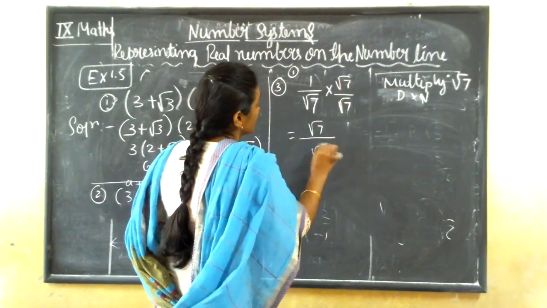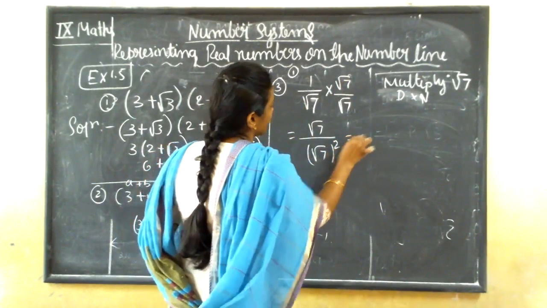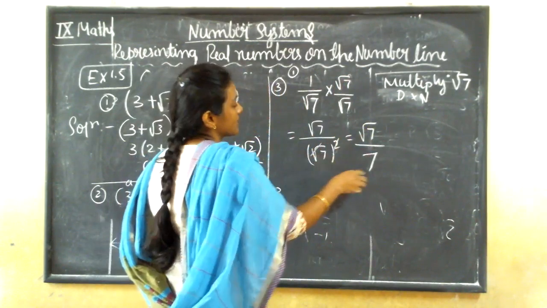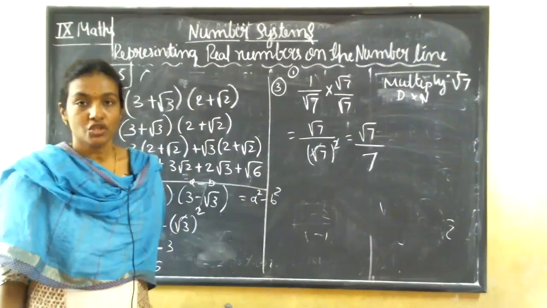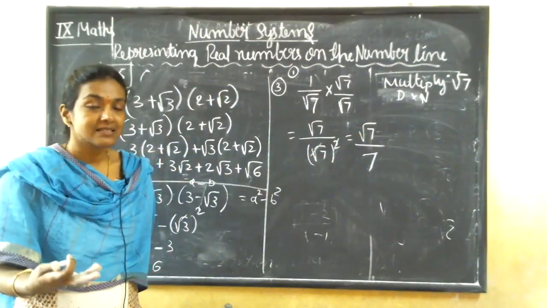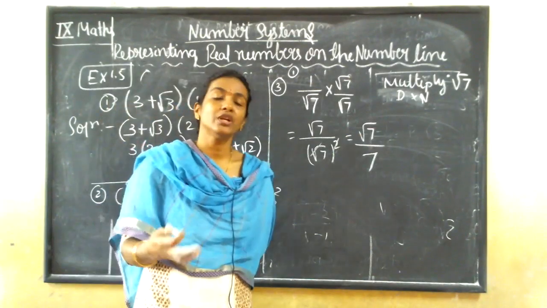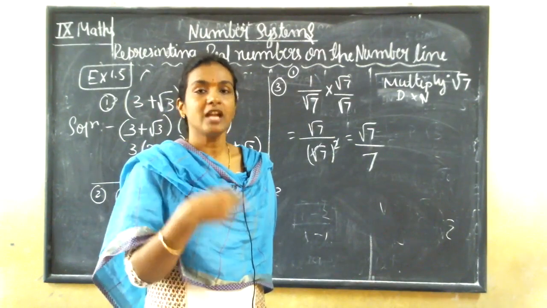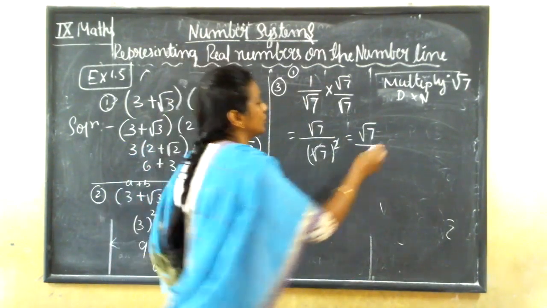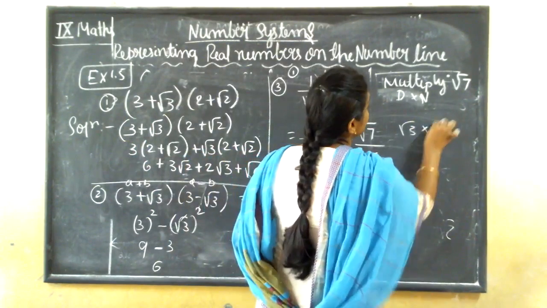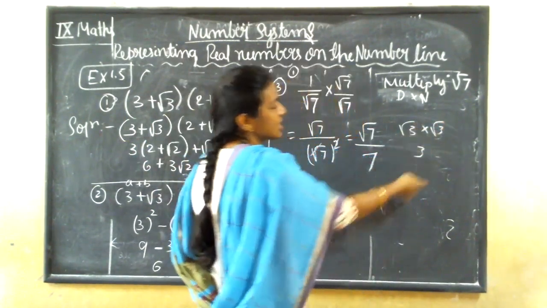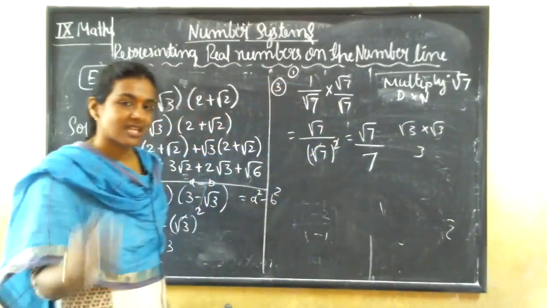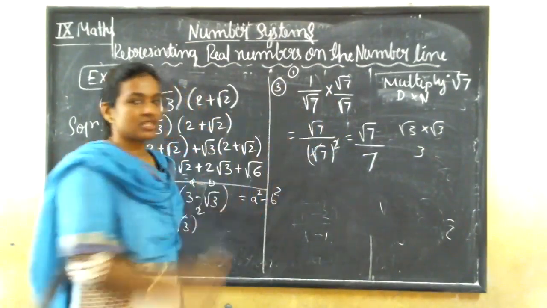If this will be root 7 square. So what will be the answer here? Root 7 by 7 square means what here? This square will cancel. It is the 7 here. So this is how you can rationalize them. Okay, what you are going to do here? You are just multiplying and dividing what is there in the denominator place, and you will get the rationalize here. We all know, no guys. So root 3 into root 3 means what we get here? 3. No, root 3 is a irrational number. When we multiply this one with this, you will get a rational number. So the same thing we are going to do with this fraction also.